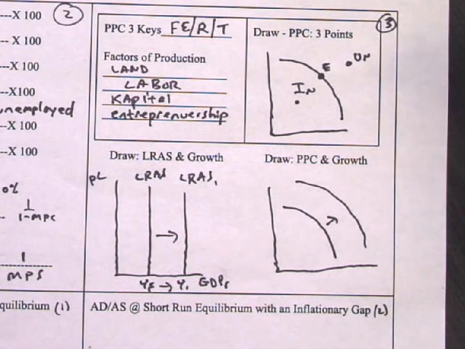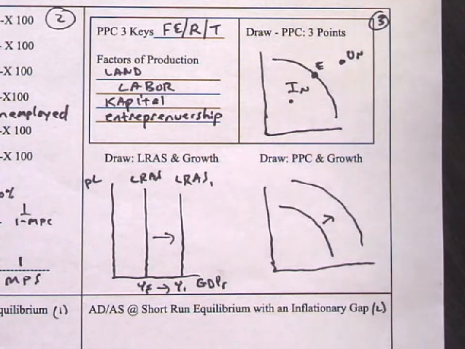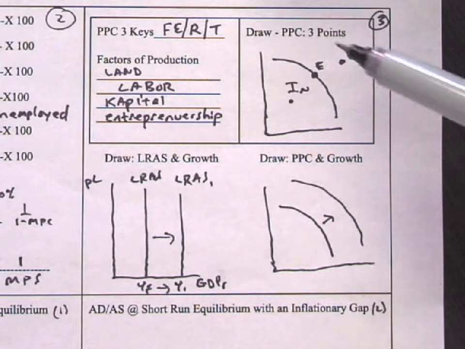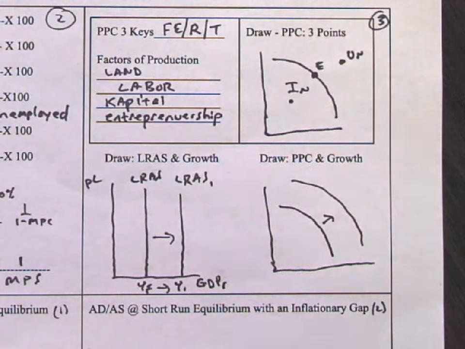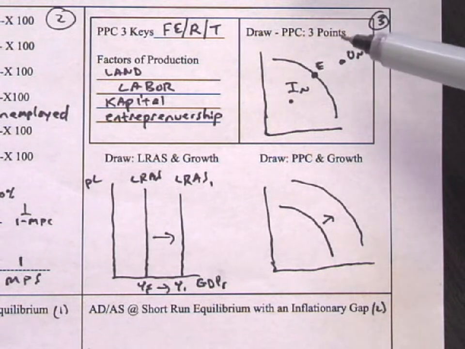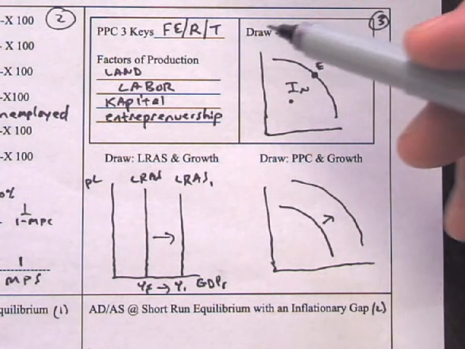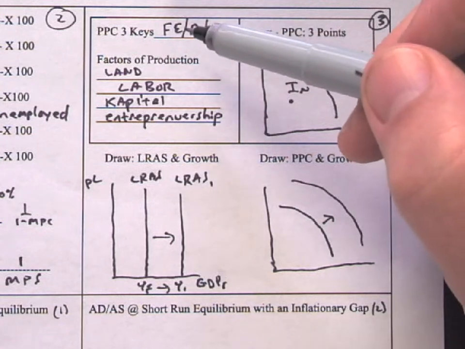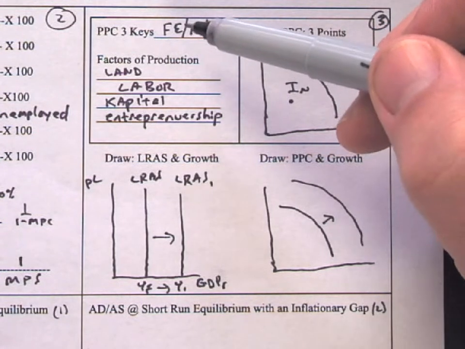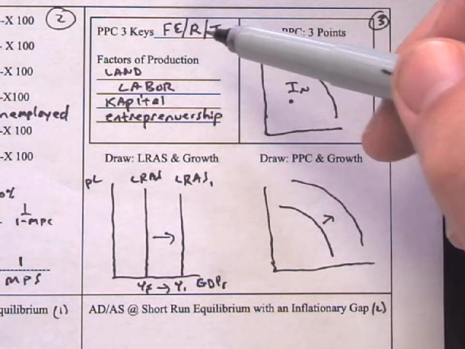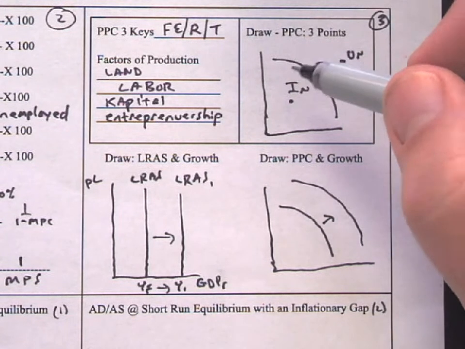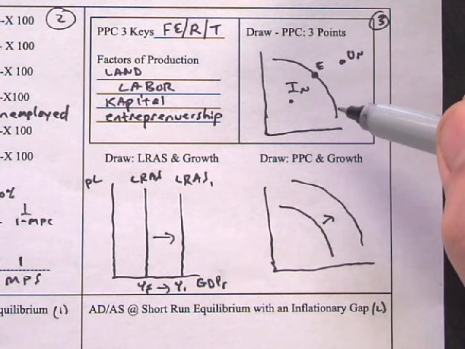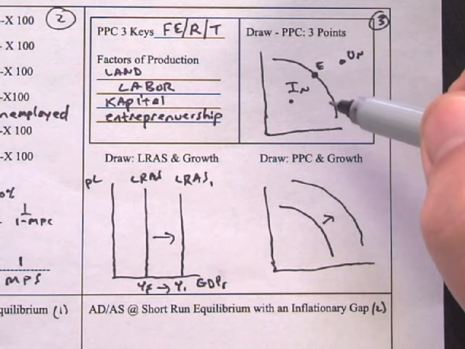The third box is going to be about the production possibilities curve and growth. Whenever it comes to the production possibilities curve, remember there are 3 keys, 3 points, and economic growth. Now, the 3 keys to the production possibility curve, or 3 key assumptions, are that we have full employment, resources, and technology. So what that means is that every possible point on that curve is a point